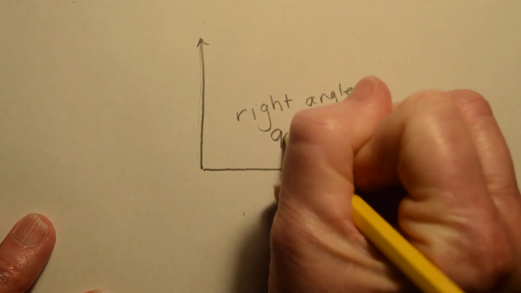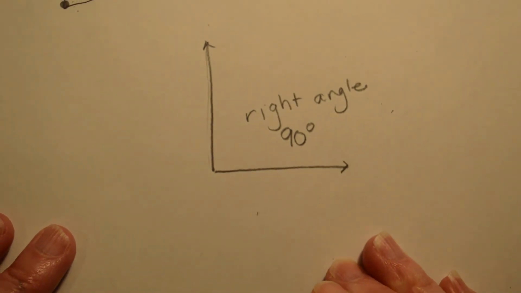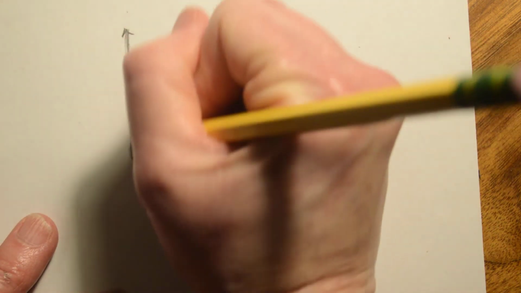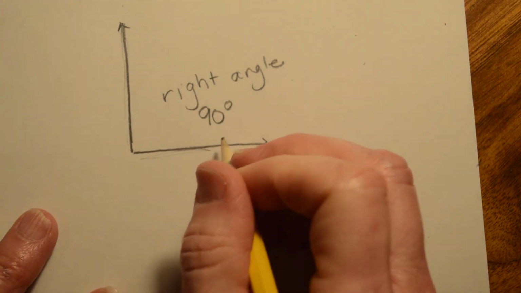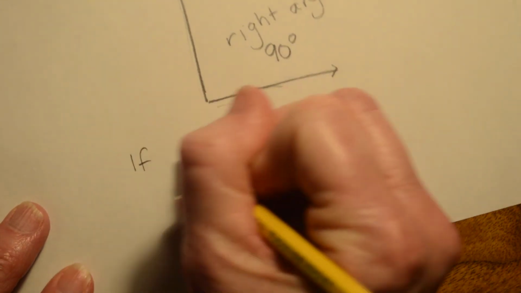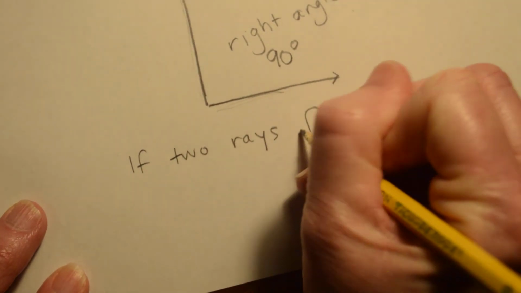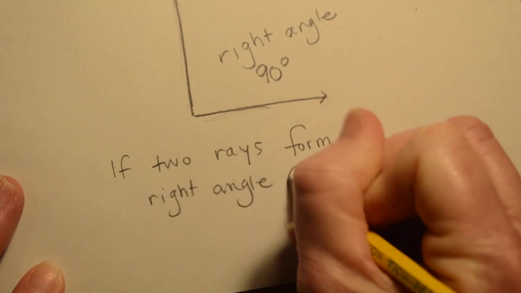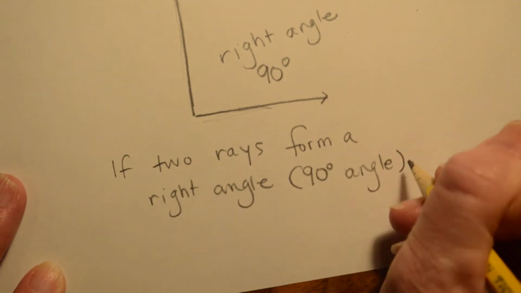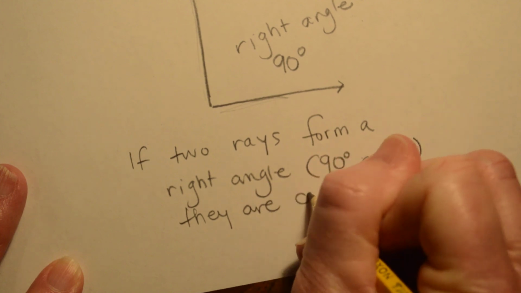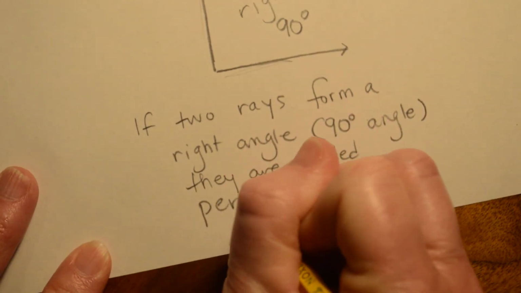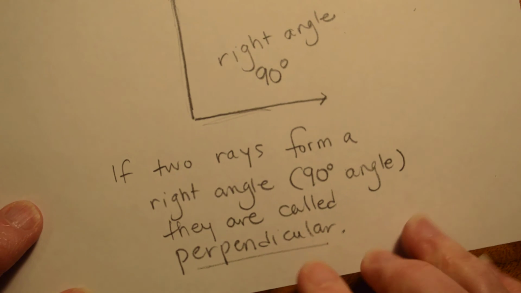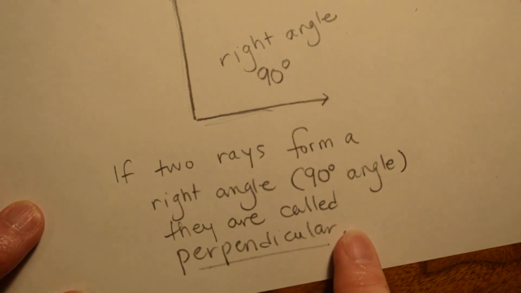And the measure of any right angle is 90 degrees. Another word for right angle, well, not right angle so much, but if two lines form a right angle or two rays form a right angle, they are called perpendicular. So if two rays form a right angle, or a 90-degree angle, they are called perpendicular. Okay, so if you see the word perpendicular, it means that they form a right angle or a 90-degree angle,